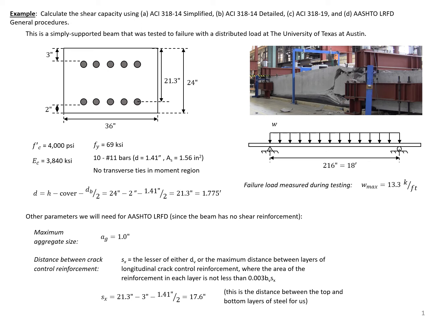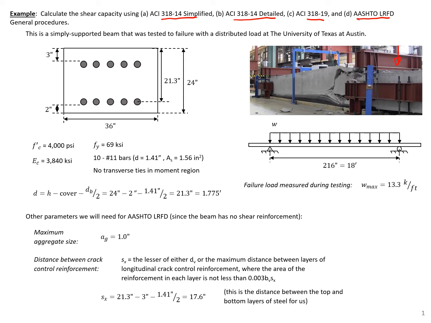In this example problem, we will calculate the shear capacity of the section shown using the ACI 318-14 simplified, ACI 318-14 detailed, ACI 318-19, and AASHTO LRFD general procedures. This is a simply supported beam that was tested at the University of Texas at Austin with the simple supports